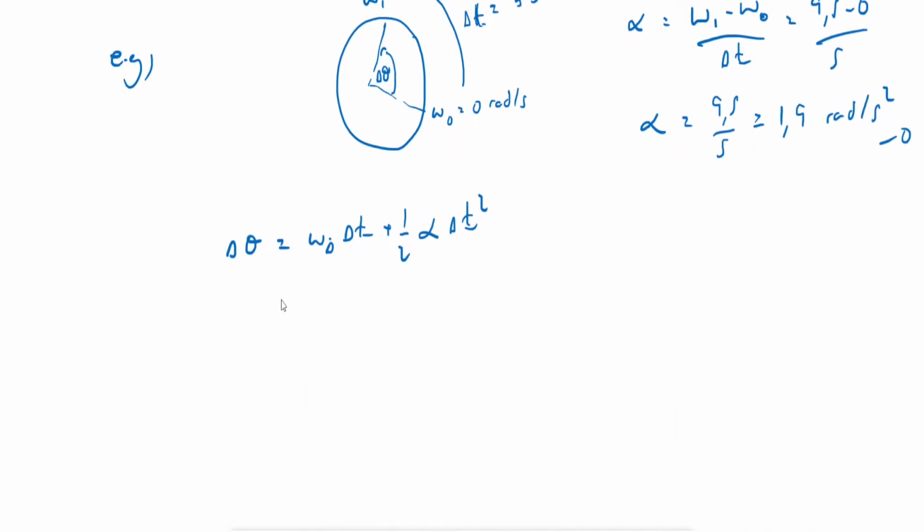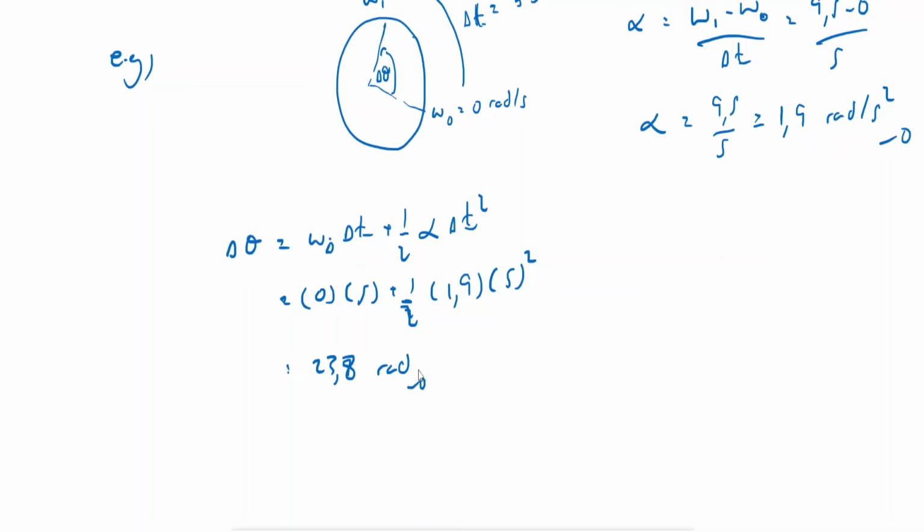All right, so this is 0, plus half times 1.9 times 5 squared, and that basically becomes 23.8